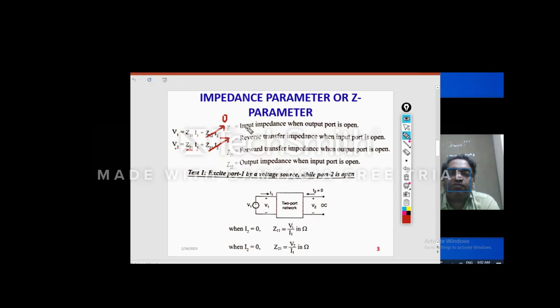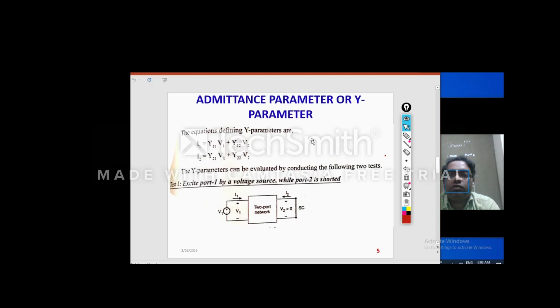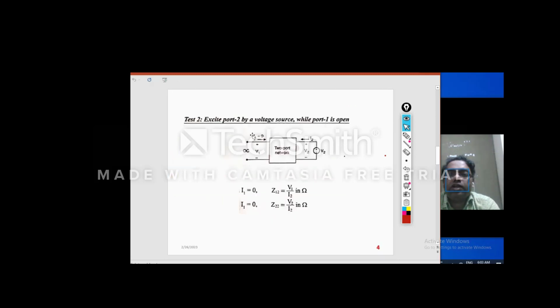So Z11 is input impedance when output port is open circuited, and Z21 is forward transfer impedance when output port is open circuited. Similarly, we can get, if we connect voltage source at port 2 and open circuit the input port terminals, then I1 will be 0.